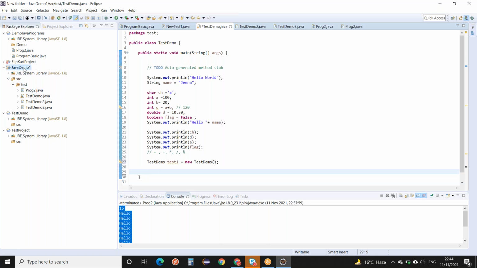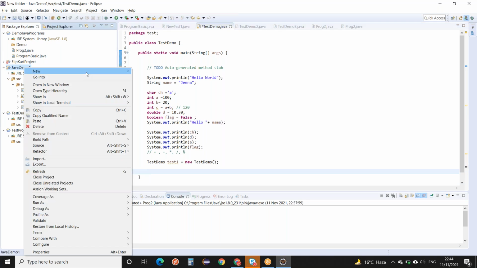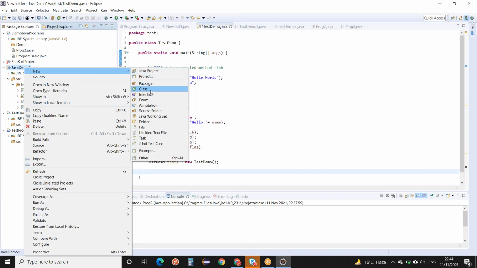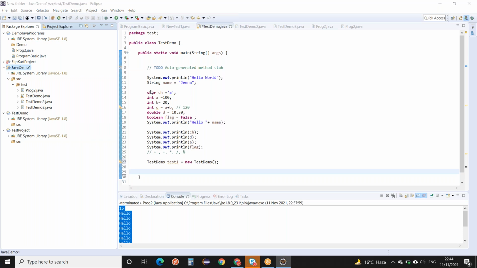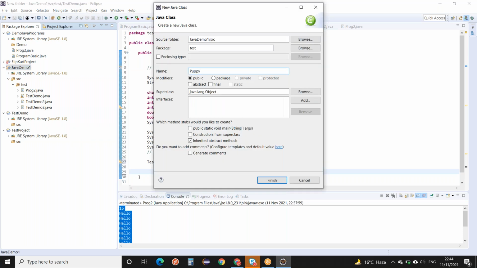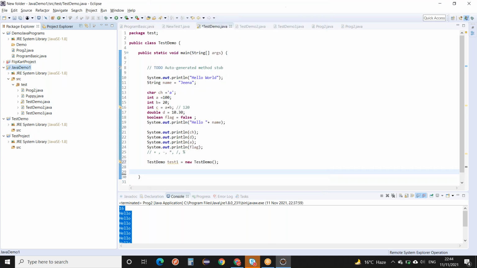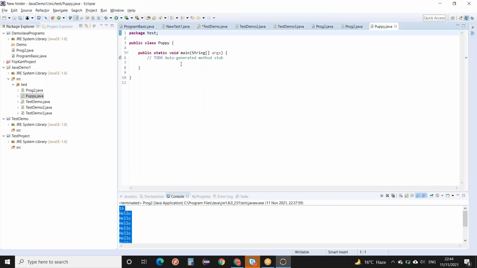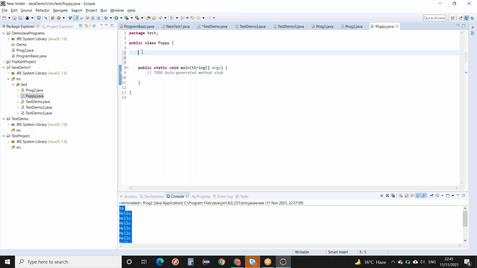Okay. So I will create another class wherein we will see this. Consider I am creating a class Puppy, and we'll take an example related to it. Here is your main method, and here I will write one method. Public, so this is a method with the name